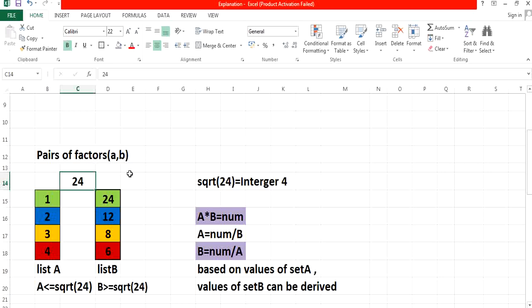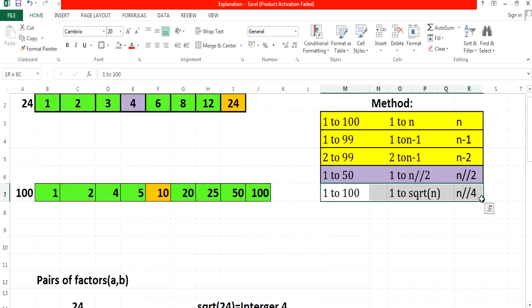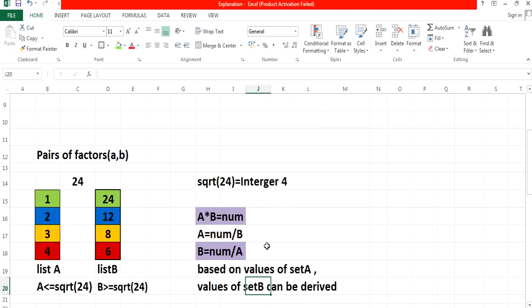So, I am going to use only the most optimized method where I iterate till the square root of the given number, and I find the factors of the number in an optimized way. Once I find the factors, it is easy for me to find the kth value. Is that clear? There is one more concern we are supposed to look at. Here, for 24 it is fine. The square root of 24 is 4, so till 4 I will find the factors. By using these 4 values, I can find the corresponding values.